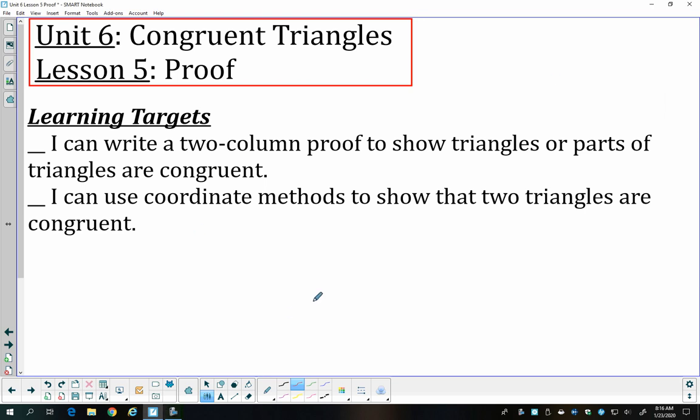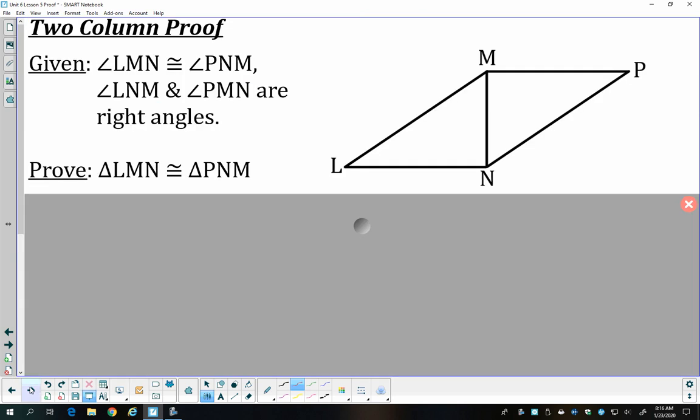Hey all, we did have an introduction to writing two-column proofs, but I just wanted to do a little bit more here and show you some different types of proofs you might encounter. So you're always going to be given some information in a proof, and you're always going to be asked to prove something. Typically those proofs come along with a diagram, and those diagrams may or may not have some congruences